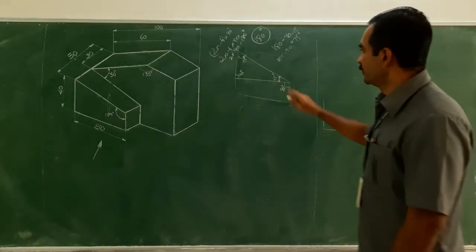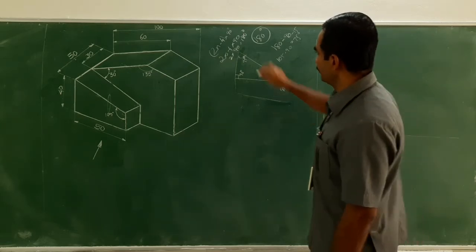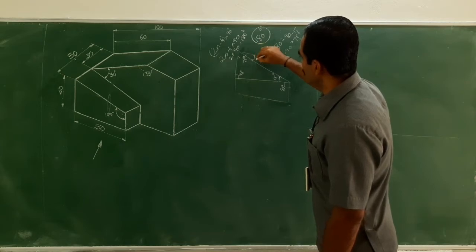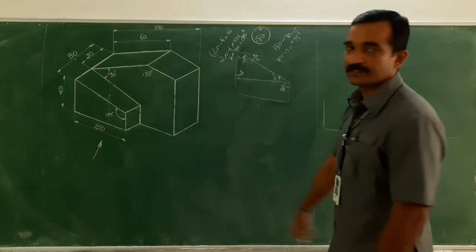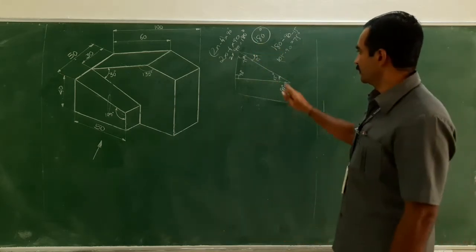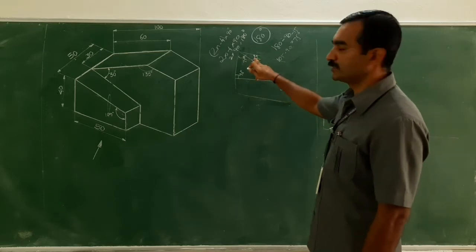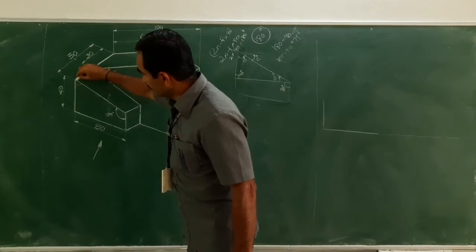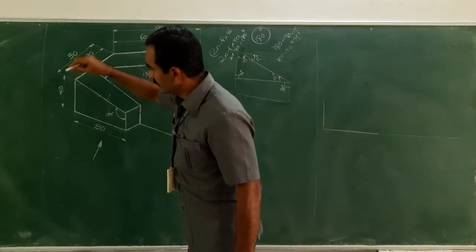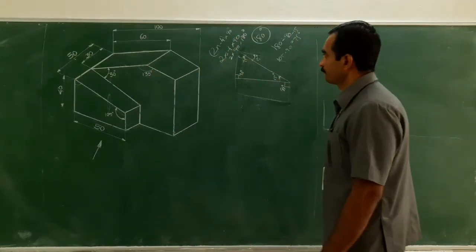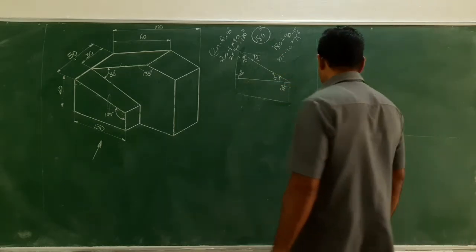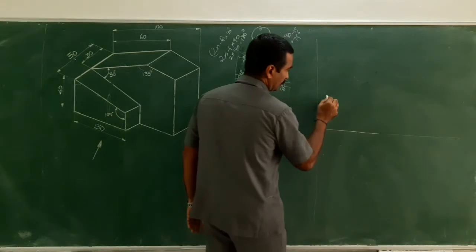Understood? Yeah. If this is 15, and I draw a parallel line to this, what could be this angle? The opposite angles are always equal, right? If this is 15, then this could be 15. So this is 75 degree. So I need to draw 75 degree, or 15 degree to the horizontal. So let me keep the protractor in this manner.